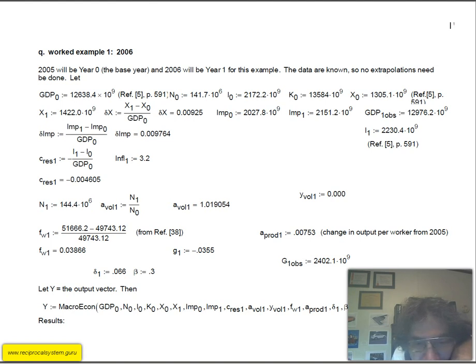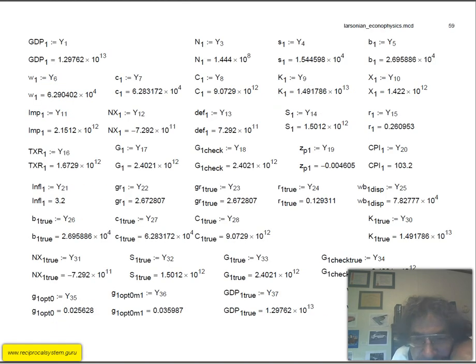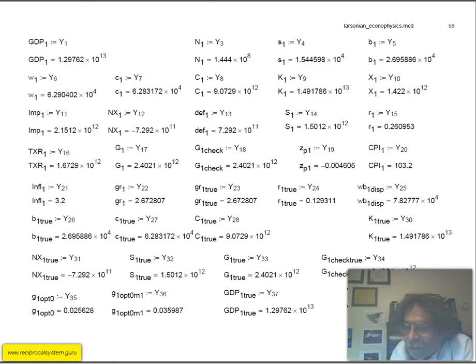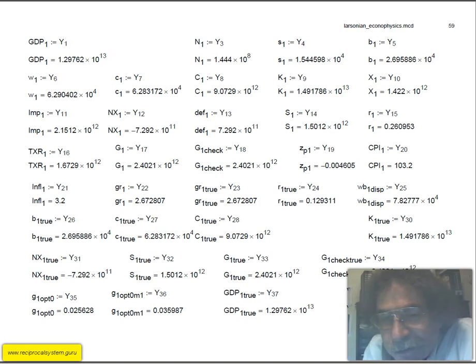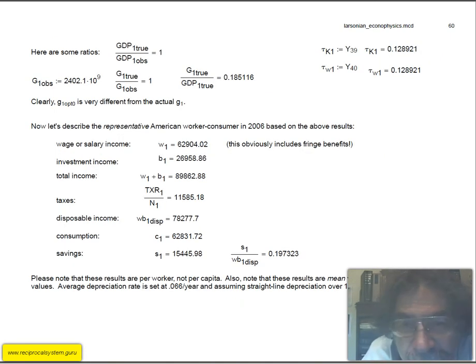We've got the wage rate, the rate of change of wages from year 0 to year 1. And then we get all these results, which is pretty amazing. Again, I'm not going to read all these off to you. You can study this when you download the paper. So, what's funny to me is that some economics textbooks and economics books in general don't give actual examples. I mean, just look at all the example calculations I give you here. And then I do some ratio analysis.